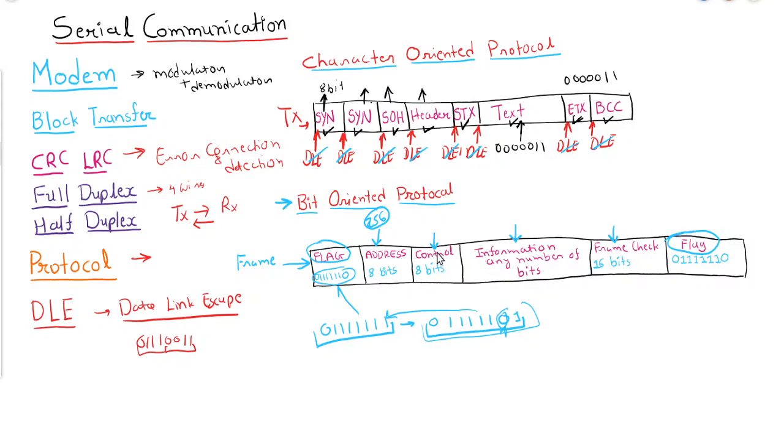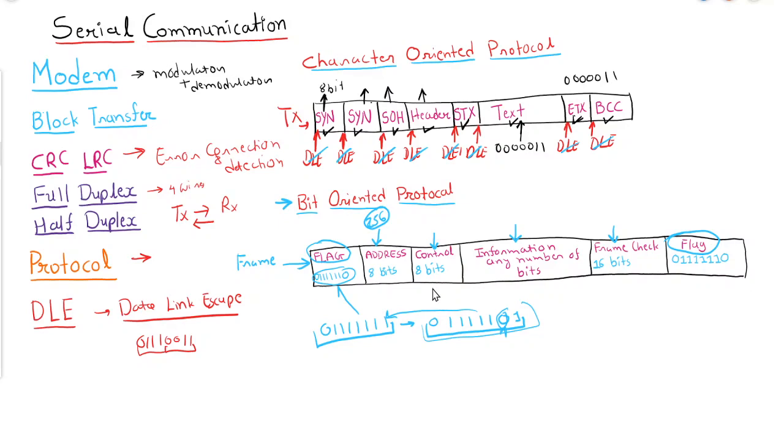Next is the 8-bit control field, which we will discuss later on. Then the information field of any number of bits, which will be specified, and next is the frame check. It is used to determine whether the data transmitted over the channel is properly received or not. If there is any error, it will be checked using this code, and acknowledged to the transmitter. Now we will discuss the various control bits.